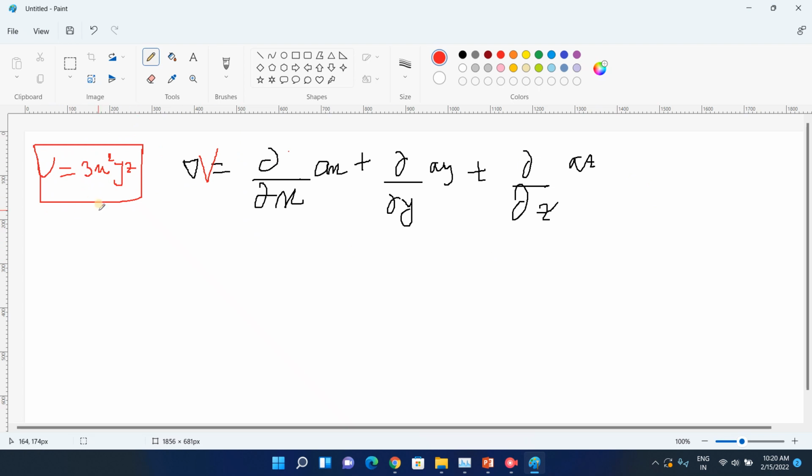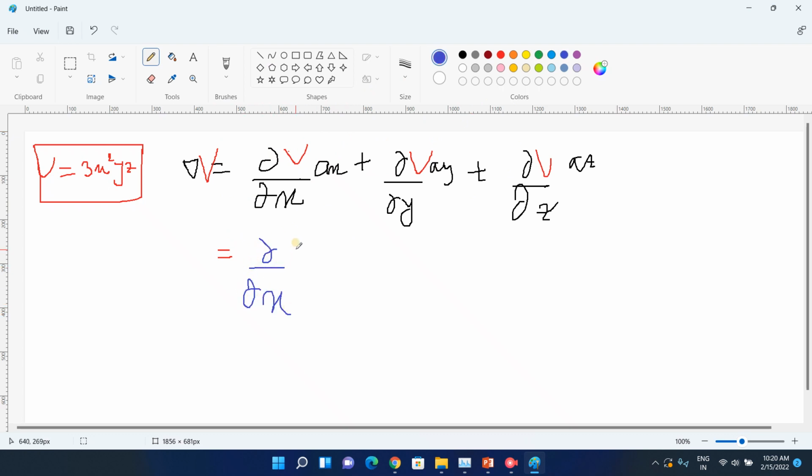how to find that, because you have only v. If it is told that v is in Cartesian coordinate system and the value of v is 3x square yz, so calculate the gradient of this value v. What you will do, you will write the del operator and put v over here. So gradient of v means del operator where in this empty space you will put the scalar. Okay, this is only possible for gradient of v. For divergence and curl it is not possible in this way. But only for scalar gradient you can do this.